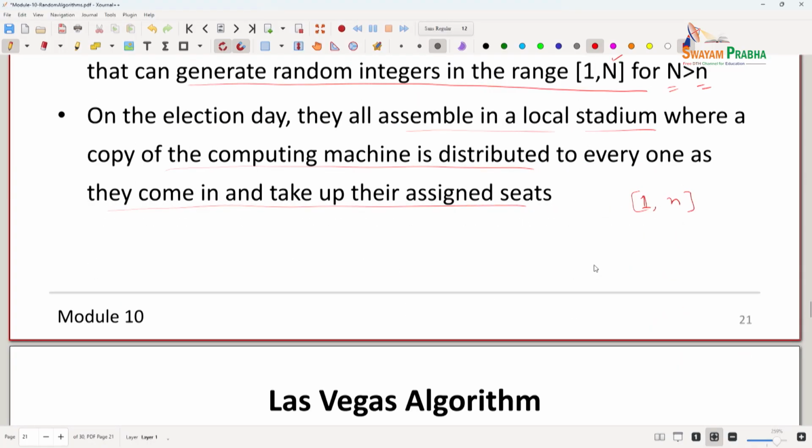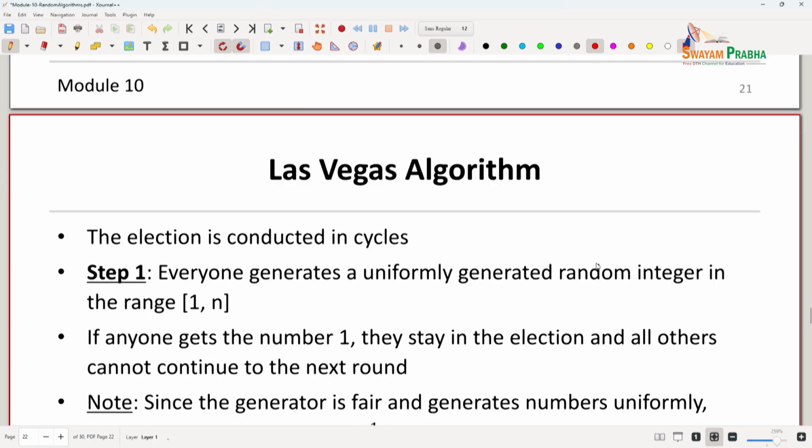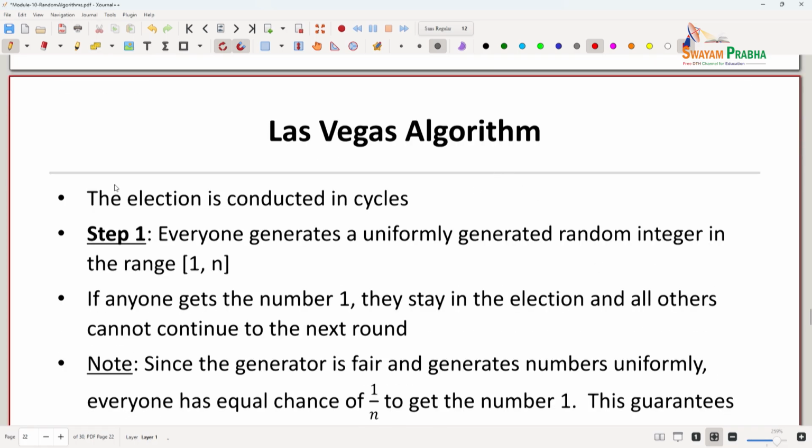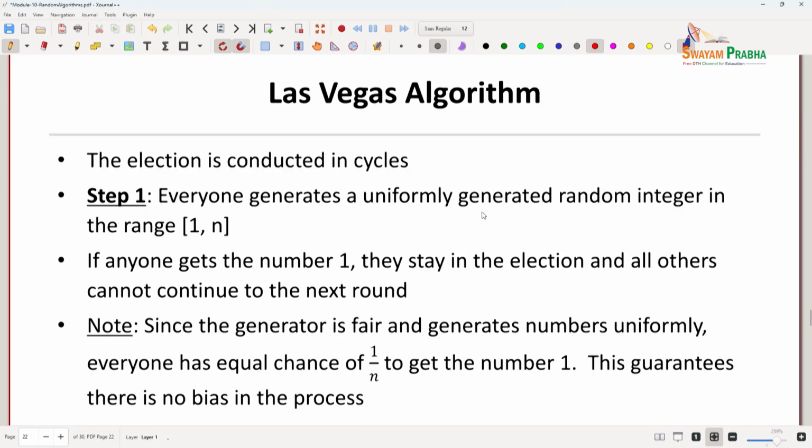So the election goes in stages. So what is the protocol? The election protocol. The election is conducted in cycles. Step 1. He asks everyone, please press the button to generate a random number uniformly in the interval 0 to n, where n is the number of people in the town who want to be competing in the election. If I generate a random number in the interval 0 to n,